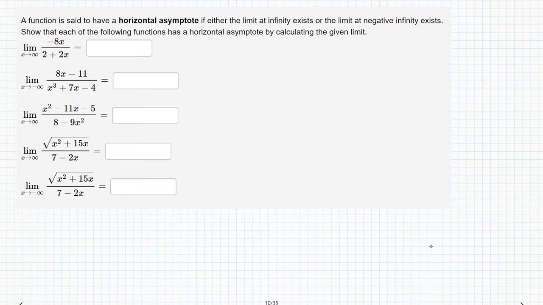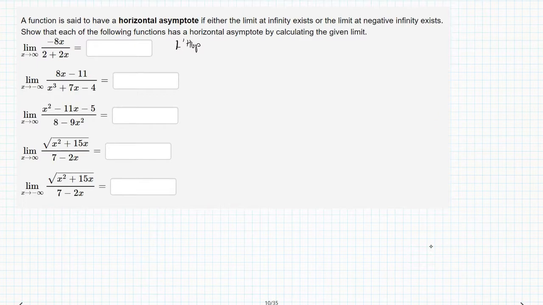Okay, so now for our next one, a function is said to have a horizontal asymptote if either limit at infinity or negative infinity exists. So how do we approach these real quick? Seemed like we struggled, but now we have L'Hopital's rule, so we'll use L'Hopital's rule whenever possible. What does that give us? So